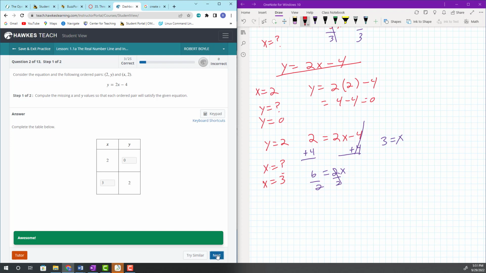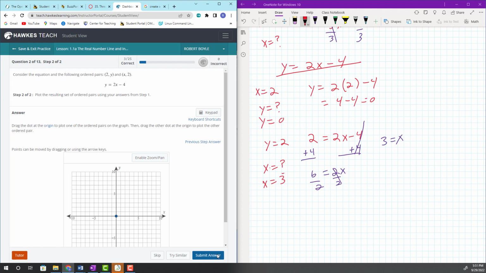Oh no, I think we have more here. Oh, here is part 2. Now in part 2, we actually need to plot those 2 pairs. Now what are those 2 pairs? Well, in your test, you can actually go back and look. But what we should have are the points x is equal to 2, y is equal to 0. That will be 2, 0. And here we have y is equal to 2 and x is equal to 3,